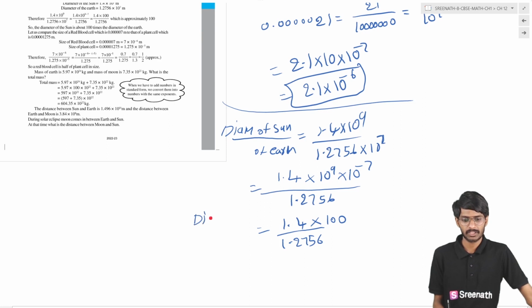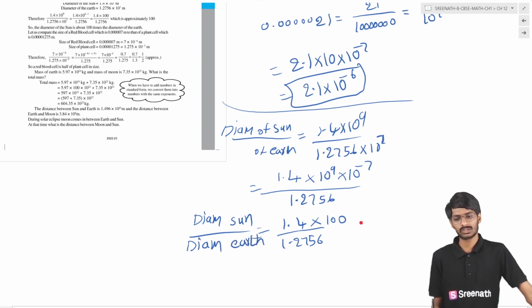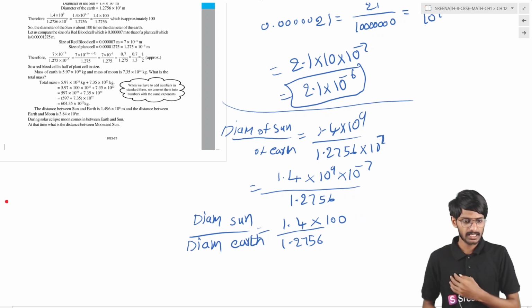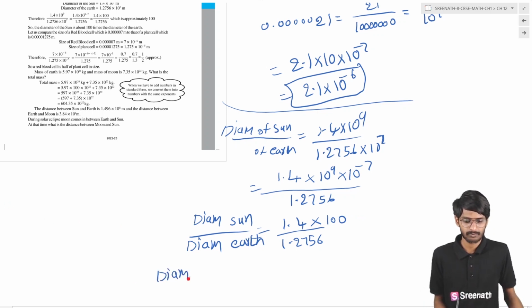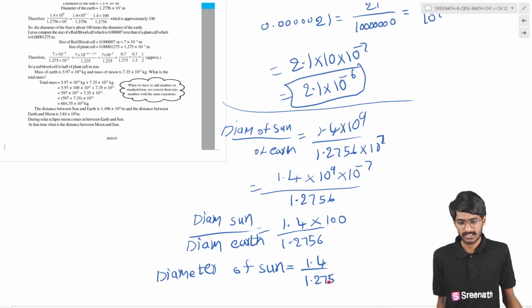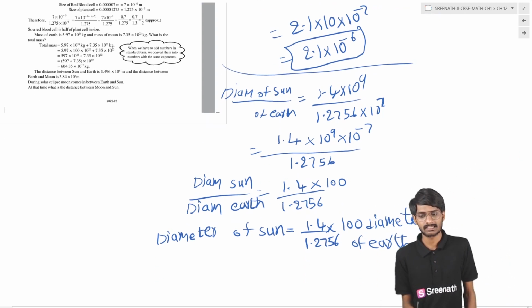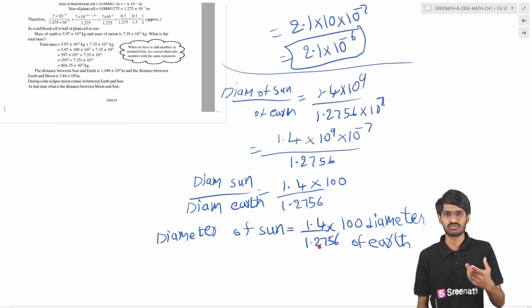So here there is diameter of sun. Denominator is diameter of earth. If you take this earth to this side, finally diameter of sun is equal to 1.4 by 1.2756 into 100 into diameter of earth, students. So from this what we can say is, 1.4 by 1.2 is a very small number, we can